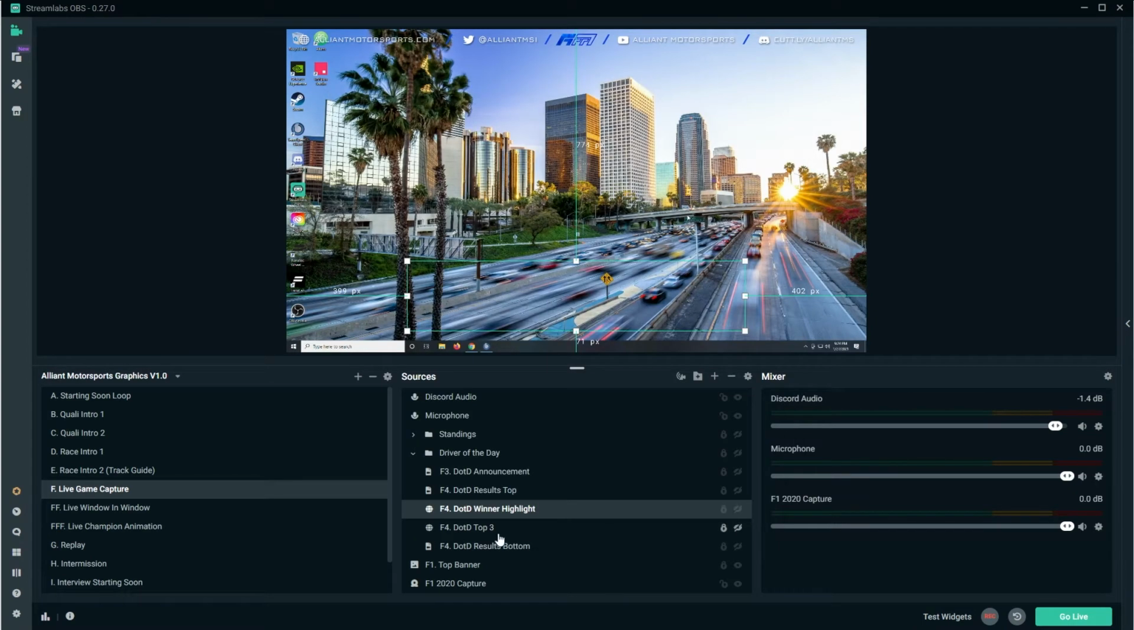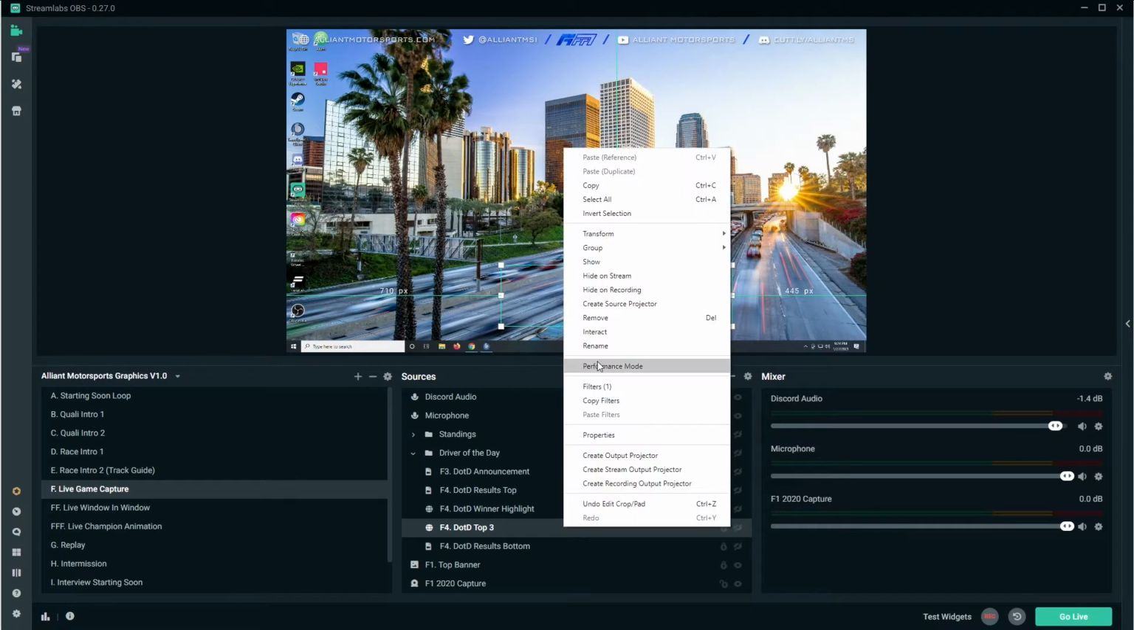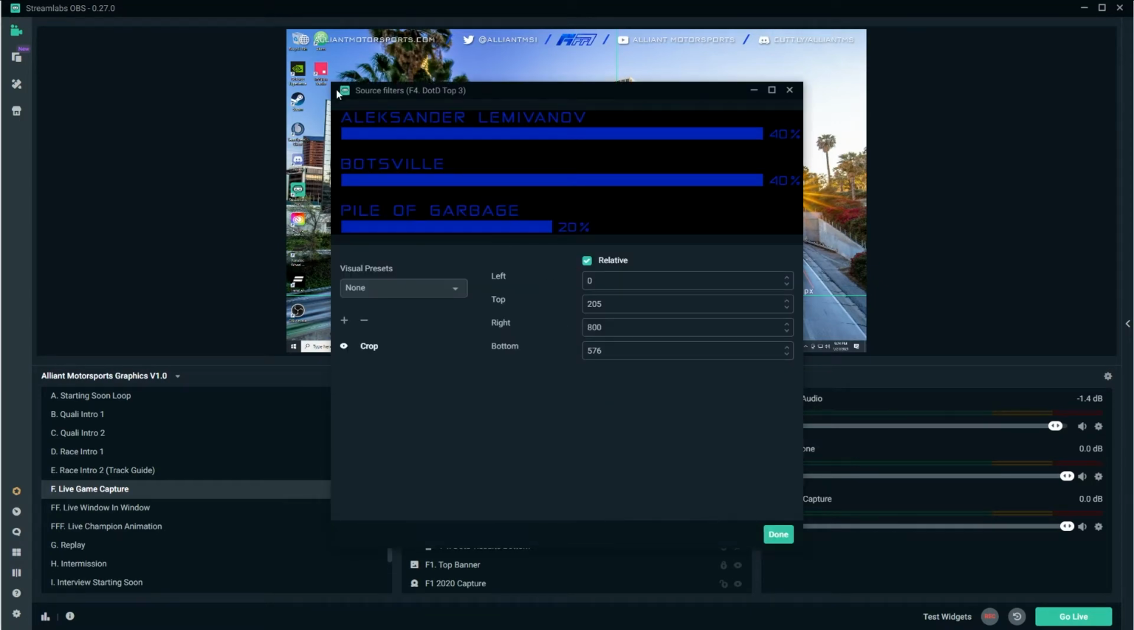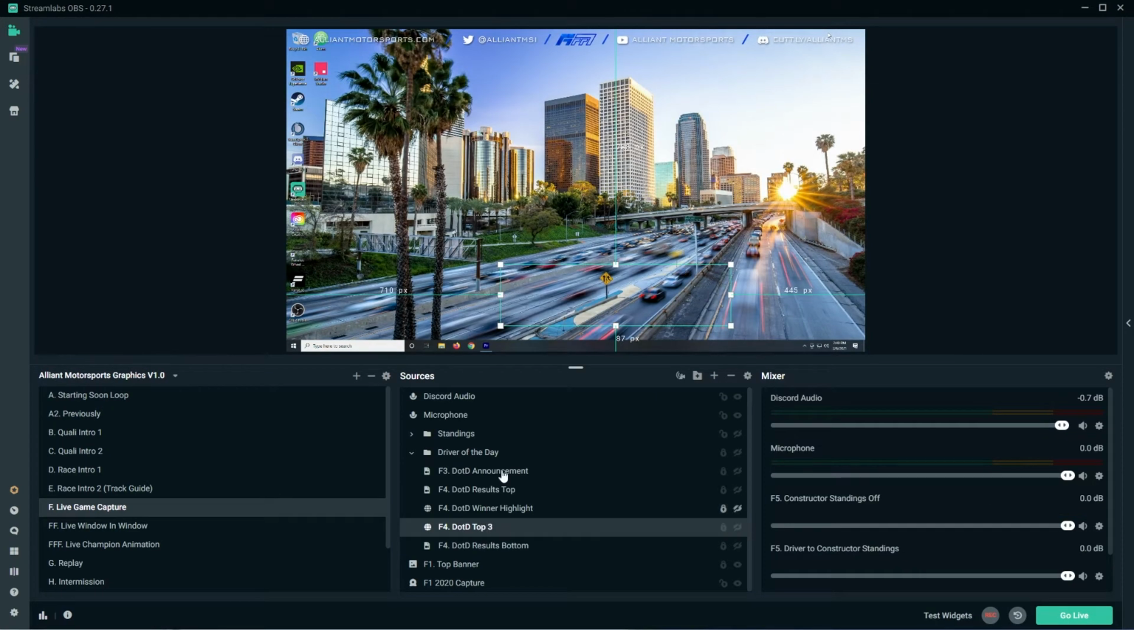So hit done. And then on this one, same thing, right click, filters, make sure these numbers also make sense. Make sure the preview looks something like this. One other thing to check is that sometimes these browser sources don't get placed in the correct position. So once you've cropped them, and this has to happen after you've cropped them, check their distances from the edges